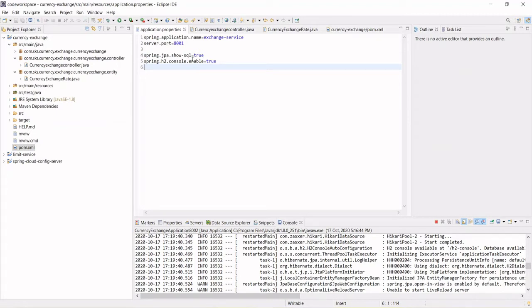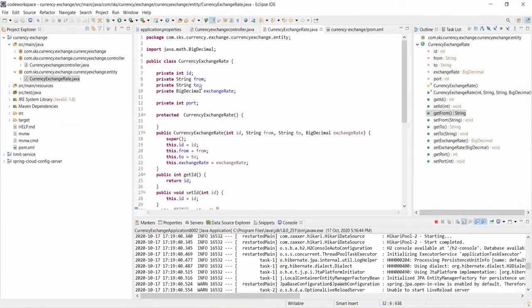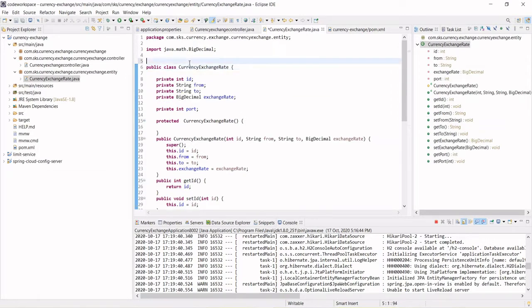So in the previous step we have already seen the entity, our currency exchange. So this is already an entity we have created. Okay, so no, sorry, we have not created it. So you will have to create the entity for this, right? So how will you do that? Just create the entity to connect to Spring Data JPA.